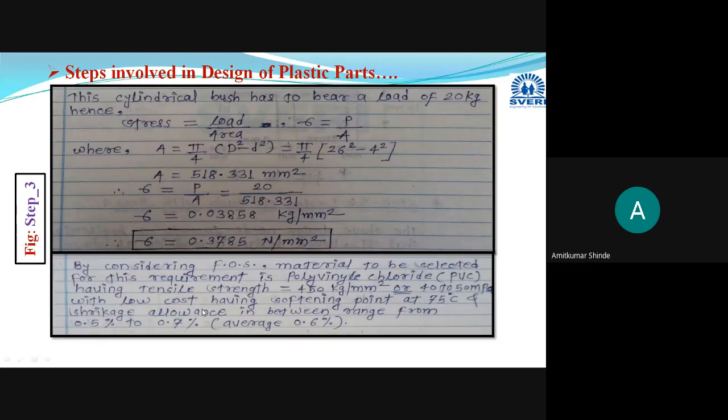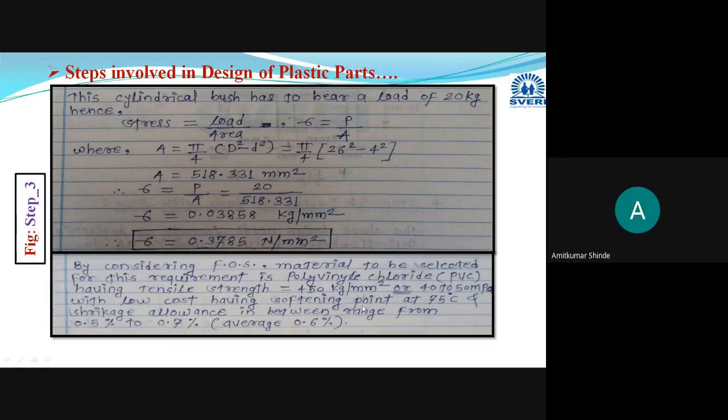Here we can go for PVC material, that is polyvinyl chloride material. Here you have to write that it is to be manufactured by considering the factor of safety. This bush can be manufactured with the help of PVC material, polyvinyl chloride. And this PVC material has a tensile strength of 450 kg per millimeter square, and it is having low